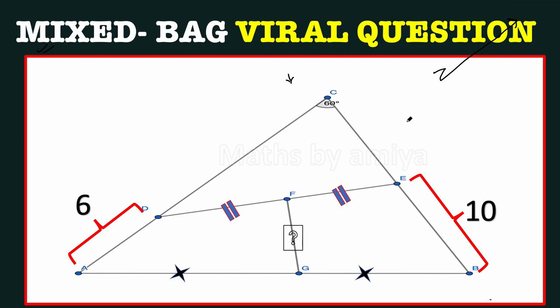Okay, so it's time to check the solution. I'm going to use coordinate geometry for all such questions. Even the card video uses coordinate geometry. So we have a coordinate axis, the angle is 60 degrees, and the extra sides are 6 and 10. So let's solve with coordinate geometry.